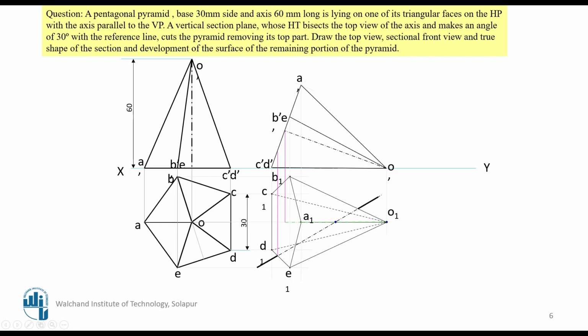So in that case you are expected to set this center point here and bring that point in the downward direction. That is additional work you have to do. In this problem, they have given the wording as bisecting the top view of the axis, cutting the pyramid. So bisecting the top view of the axis means whatever top view you have got, you have to bisect that axis. That is a condition, the additional wording you just have to remember. Otherwise, measure it here, then bring that point in the downward direction, and there you will get that position. So now you have drawn this, bisecting the axis and making an angle of 30 degrees. You have drawn this as a 30 degree line.